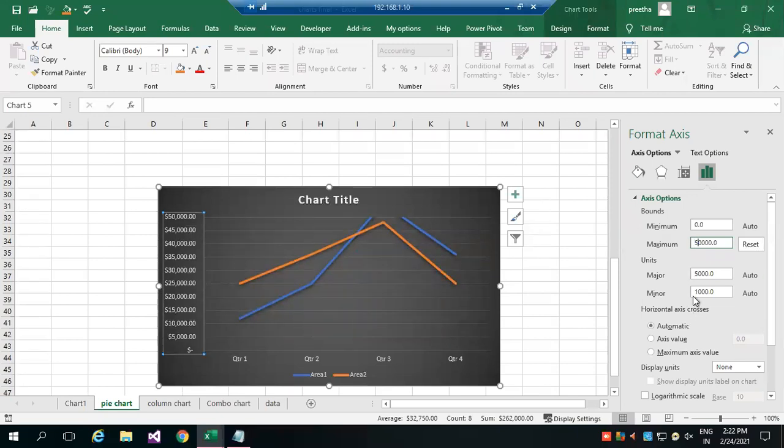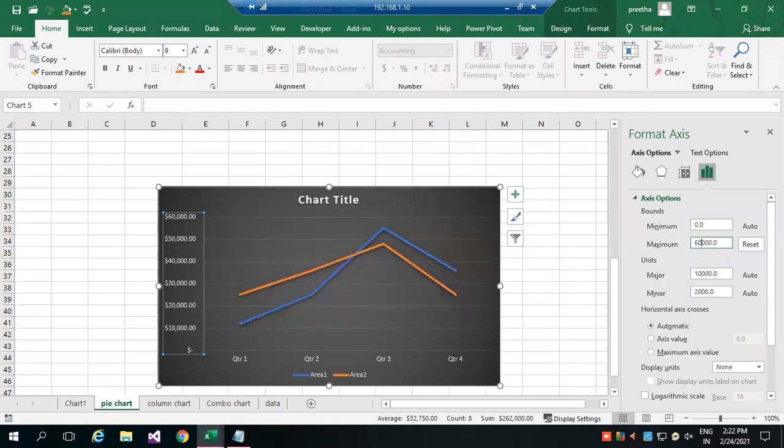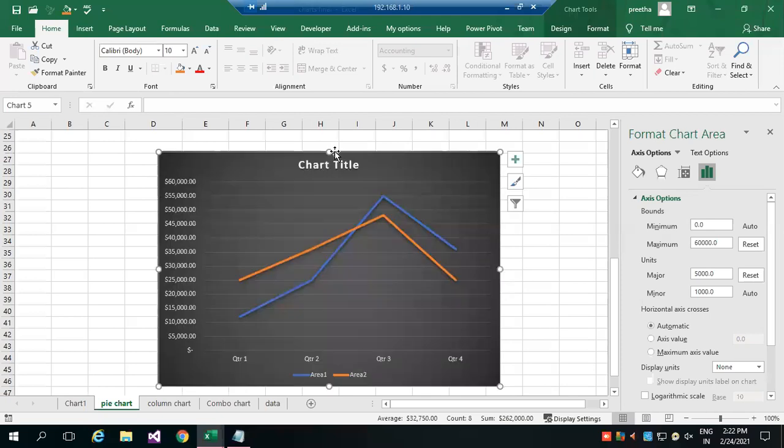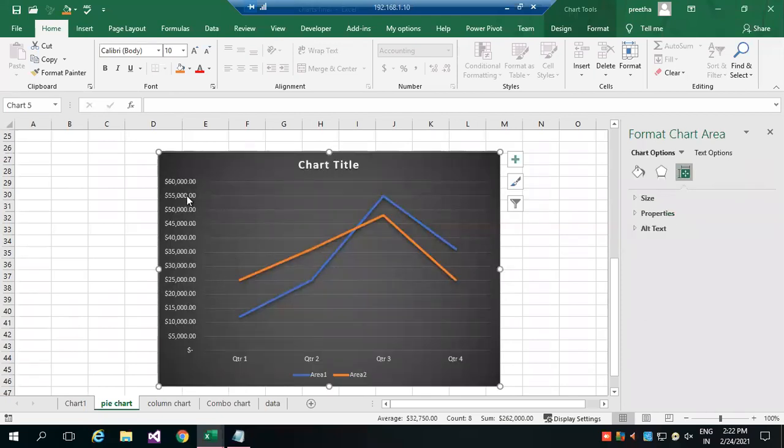So one of our data values is 55,000, so the representation is wrong. These are all things you can try. I should give the highest as 60,000 and the minimum I would like to start from 5,000, so that the ranges will be more. Based on the data, the user can select what measurement it should take here. Okay, so that is possible.